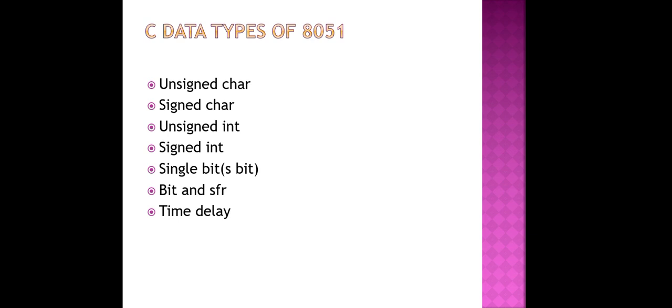It is used to define 16-bit variables such as memory addresses, and to set counter values of more than 256.